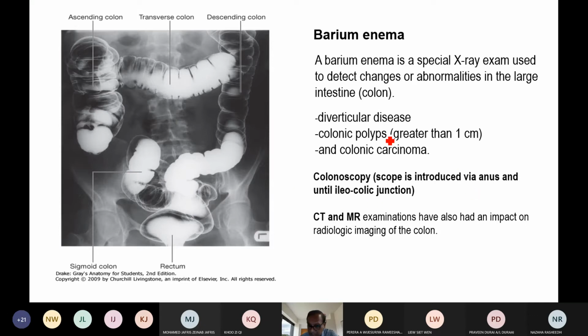The main important thing is we want to exclude ulcerative colitis, colonic carcinoma, diverticular disease, colonic polyp. CT and MRI are there, but I told you that colonoscopy is much more beneficial than CT and MRI in exclusion of the disease process. So how do you do it? Through a syringe, you put barium sulfate through the anal canal, and by pressure it goes up, and you take one X-ray every 15 minutes, another X-ray like that, because it takes time for the barium to go in the reverse direction into different parts of the large intestine.